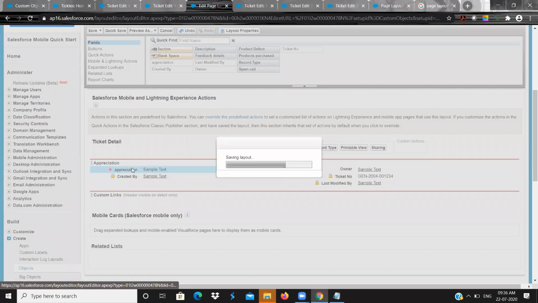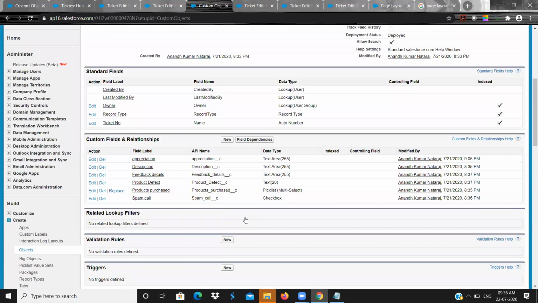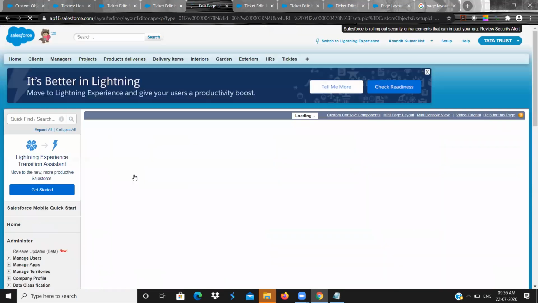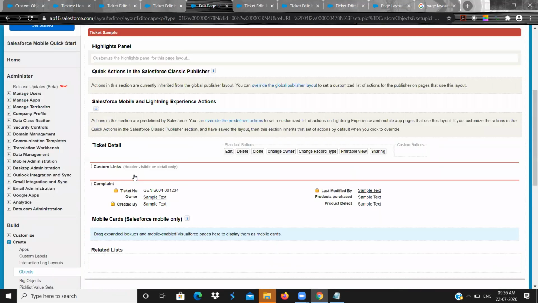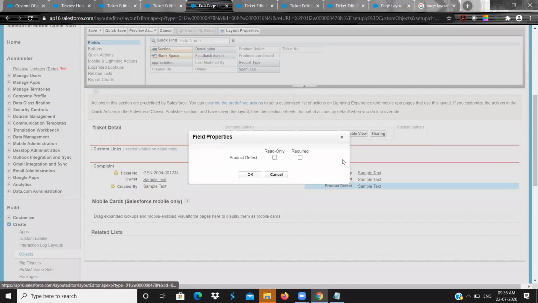Now appreciation is a required field only for this layout. If I use any other layout and do not give any value, no problem. Similarly, I will have a complaint layout, where I will make product defect required.